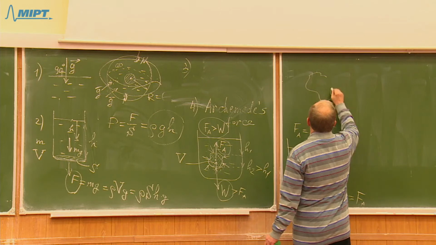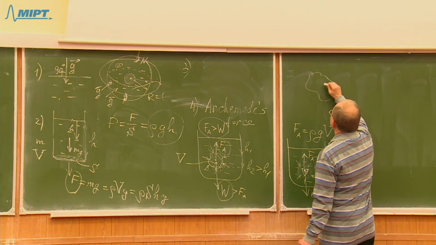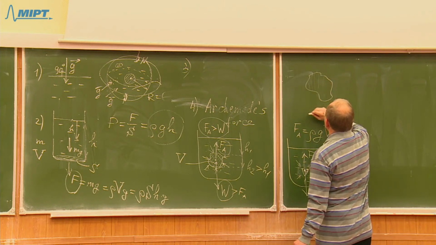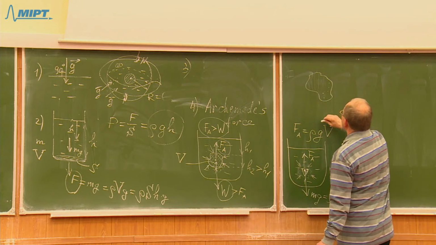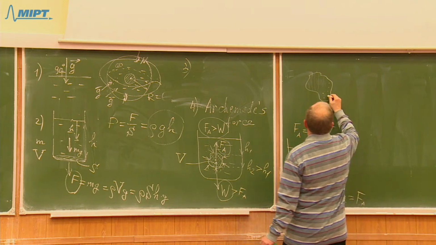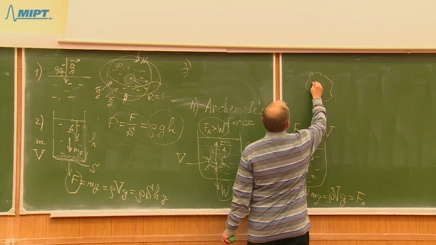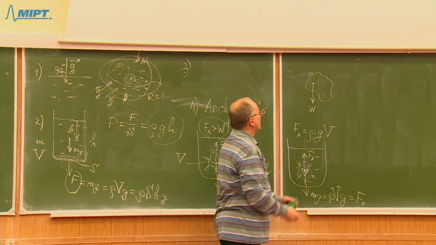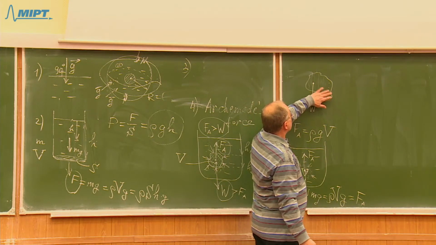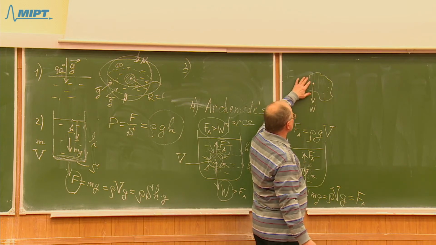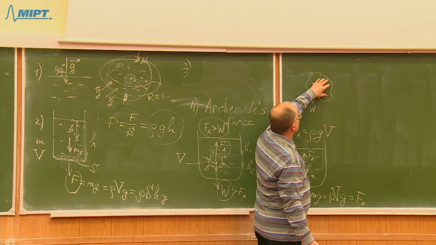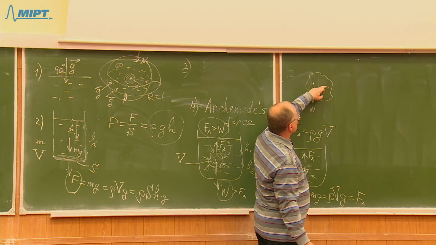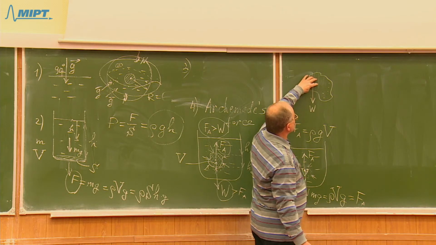I will draw such an arbitrary object which is very heavy on this side, like there is a piece of metal, and very light on this side, so that the point which is the center of mass is here, and the weight of the object is applied to the center of mass. And such will be the case when the density or the mass is distributed unevenly. Practically all the mass is here, and this end of the object is very light. This end can be made out of wood, and this can be made out of iron, for